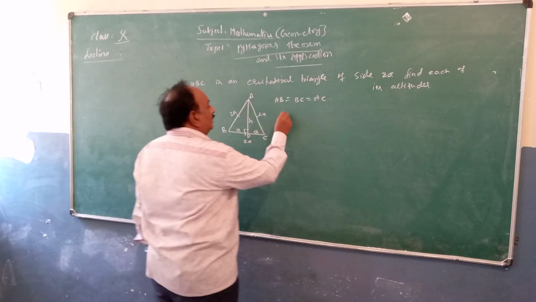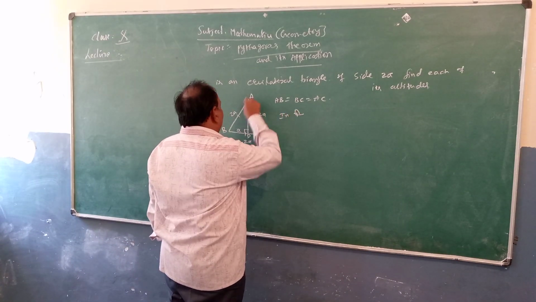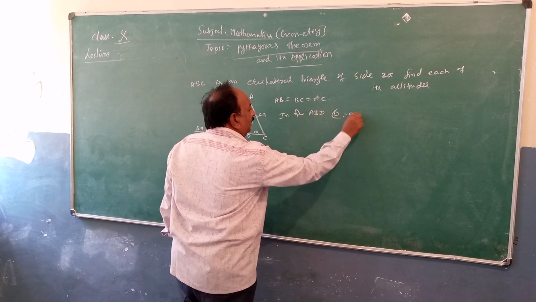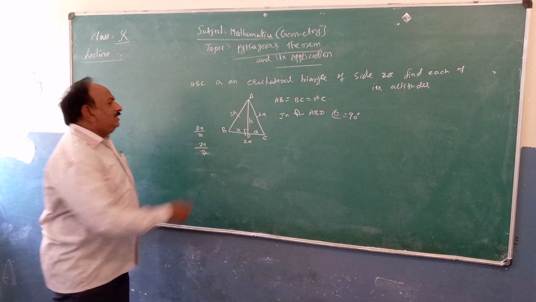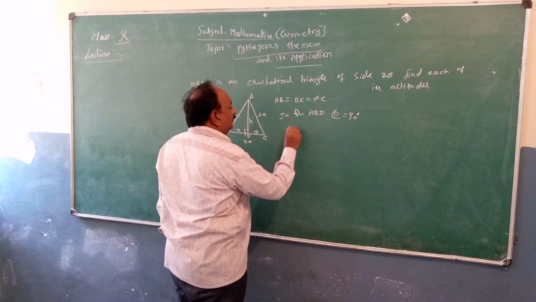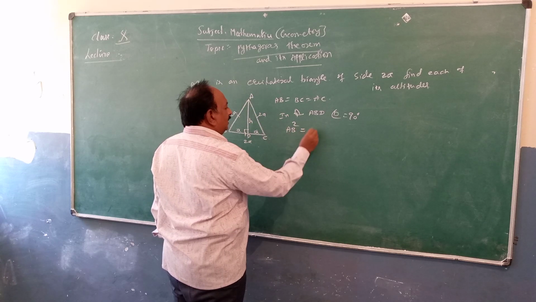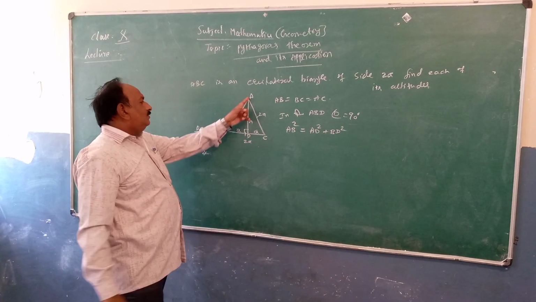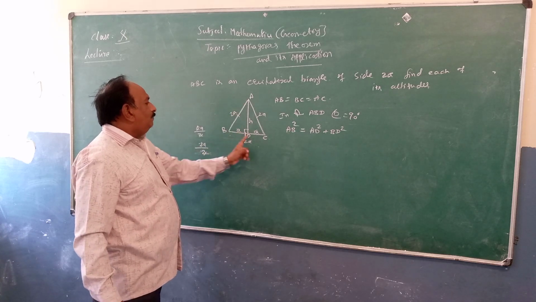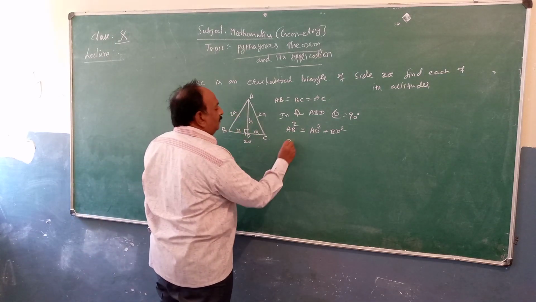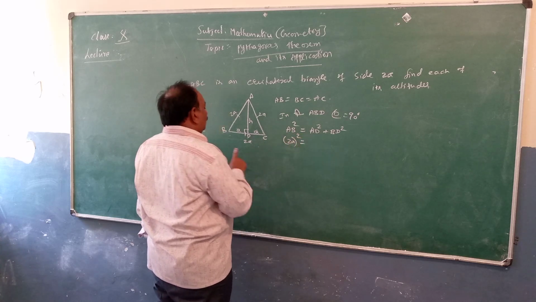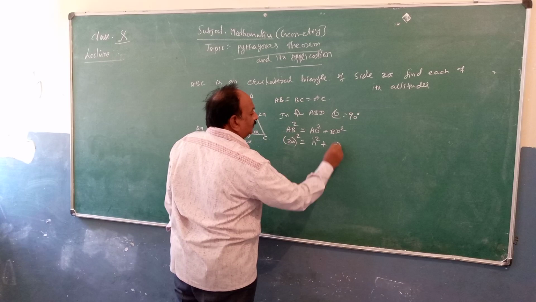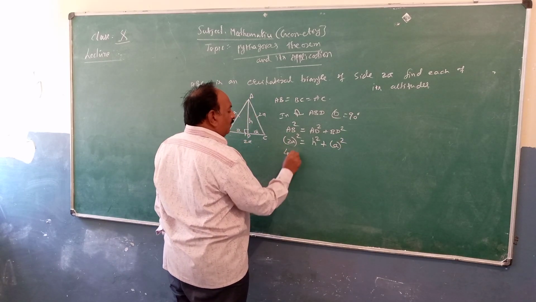This is D. In right angle triangle ABD, angle D is equal to 90 degree. Applying the Pythagoras, AB square is equal to AD square plus BD square. What is AB? 2A whole square. What is AD? H whole square. What is BD? A whole square. 2 2s are 4A square.